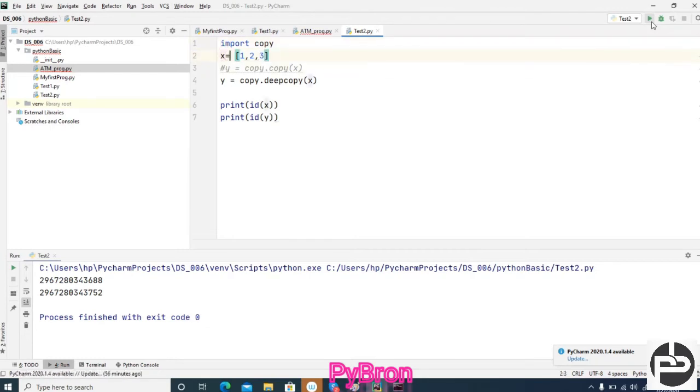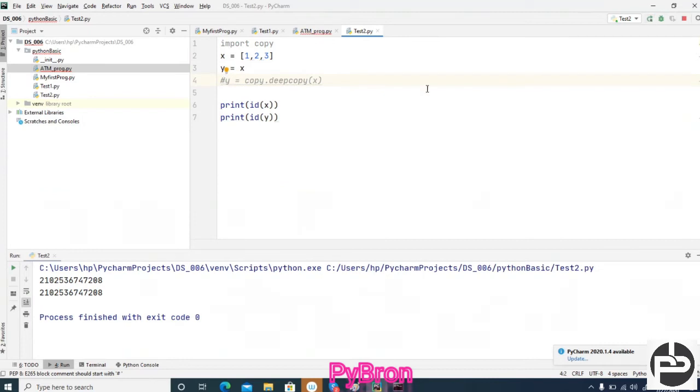Okay, can you see this? Now I just changed the variable type. I made it a list type. Now I'm commenting this and copying this, and I'm getting a different address. Now I will comment this line, hash it, and run this code.